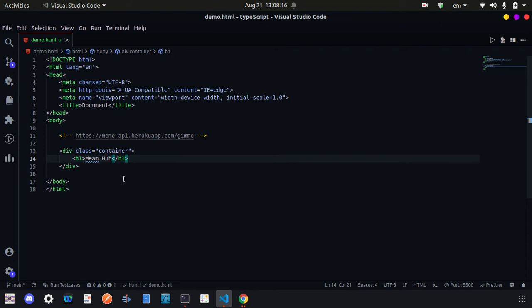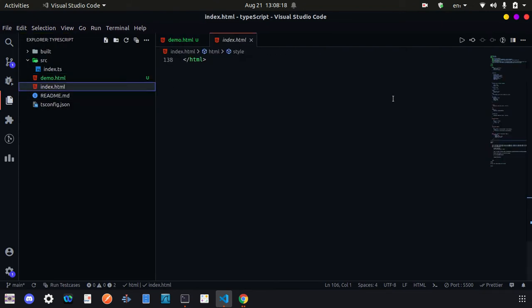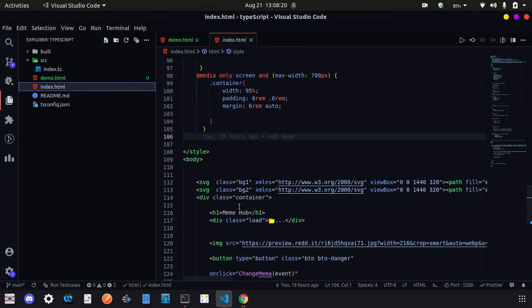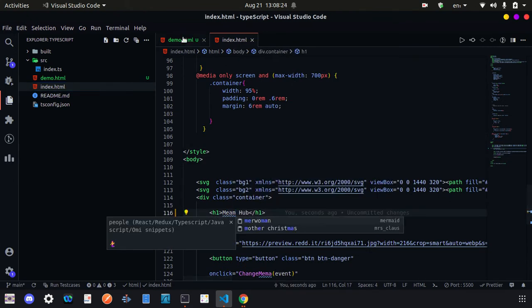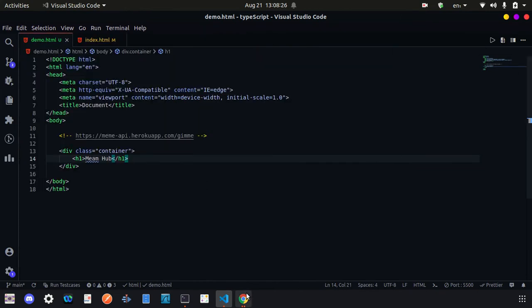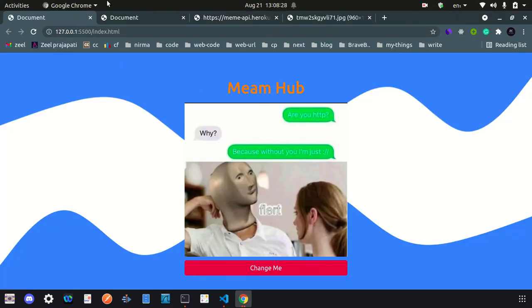Sorry for making a spelling mistake in the index. It should be Meme Hub, and you can see here also the same mistake. That's okay, we have some mistake in our code, that's okay.